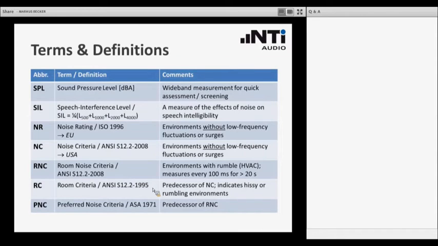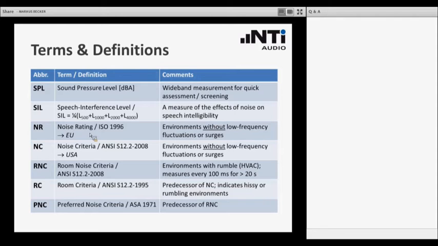In this table, you see a couple of terms and definitions, starting with the good old sound pressure level, which is a wideband measurement, and that allows you to gather a first quick impression, a first assessment of the situation in a room. The SIL, the speech interference level, is a specific measurement.